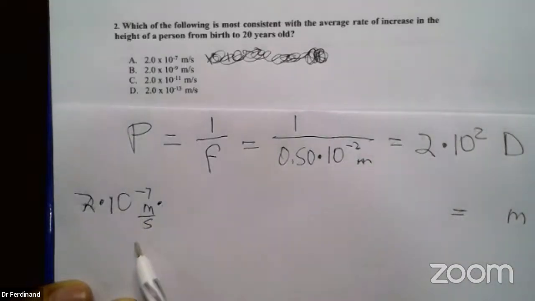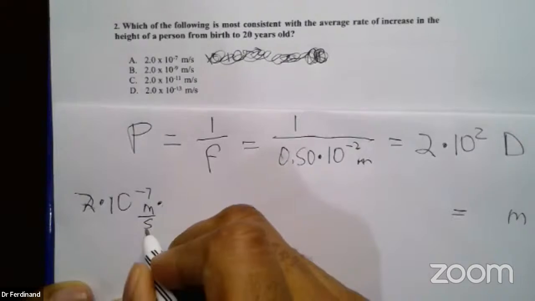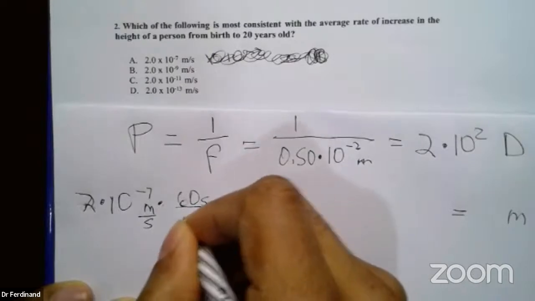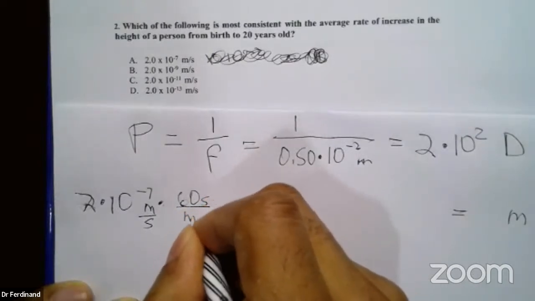So I have meters per second. Now, in order to convert seconds to years, I need to convert seconds to minutes, minutes to hours, hours to days, days to years, and then I will have it. So this is dimensional analysis going step by step. I'm going to continually multiply this by the number one using fractions that show real actual ratios. For example, I have seconds here. To get rid of the seconds, I will need seconds in the numerator. And I know there's 60 seconds in a minute.